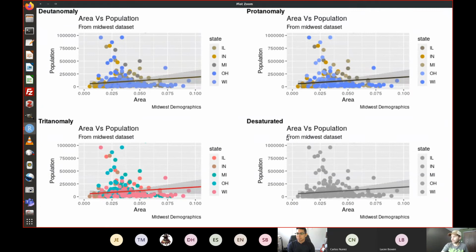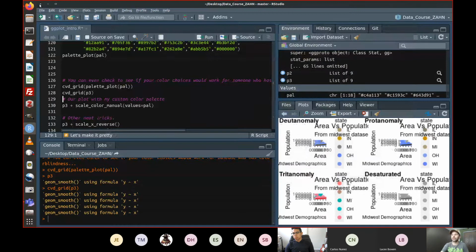Okay, so if you had full color blindness with desaturation, you get nothing from this plot. There was no point to adding color to it. Okay, what about if you had tritanomaly? This is a less common form of color blindness, but Illinois and Wisconsin look essentially the same here. Protanomaly and deuteranomaly. You can see that this doesn't quite work super well, so you might want to pick a color scheme that is colorblind friendly. Or better yet,